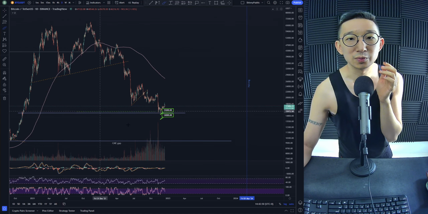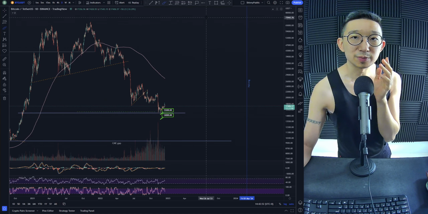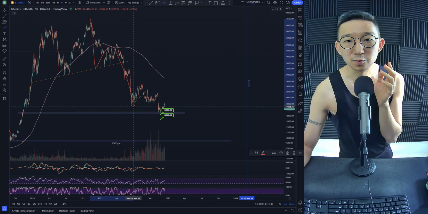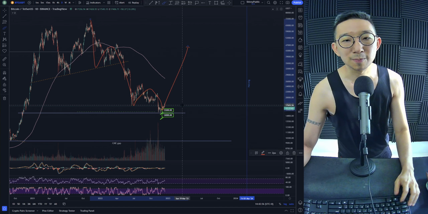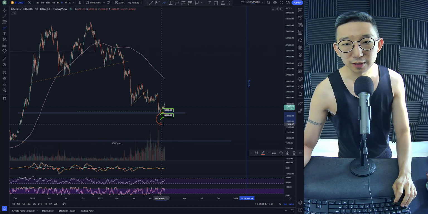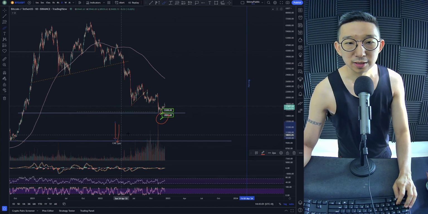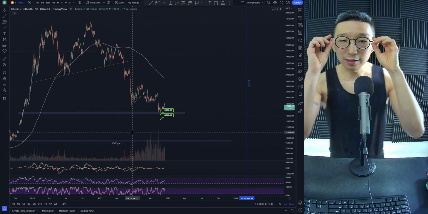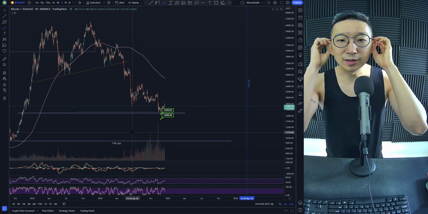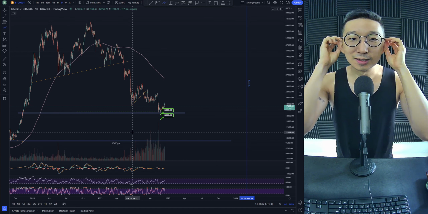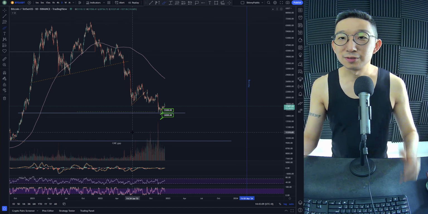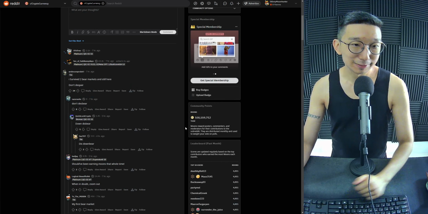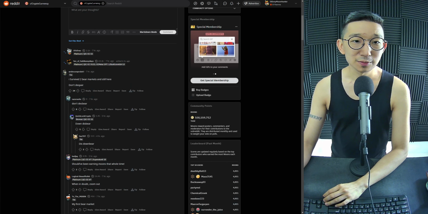So that's why when we look at Bitcoin, we always look at it from two different perspectives, right? The bullish perspective, which is 5 waves. That's it, we're going back up. But the bearish perspective is we still have targets towards the downside. There is still the CME gap. So it depends on what glasses you're wearing. Is it the bullish lenses, or is it the bearish lenses? So yeah. I'm still here. Don't despair.